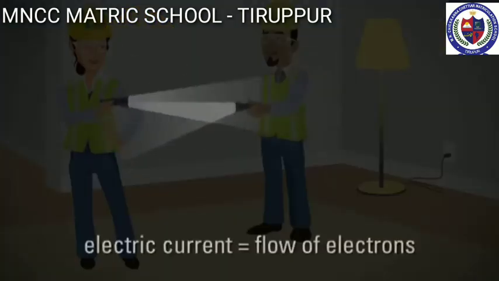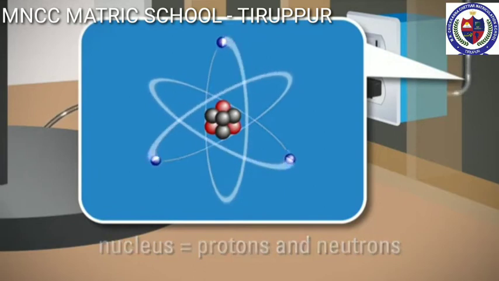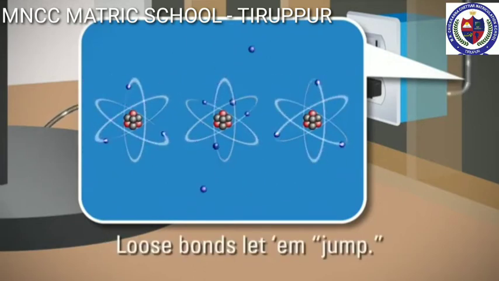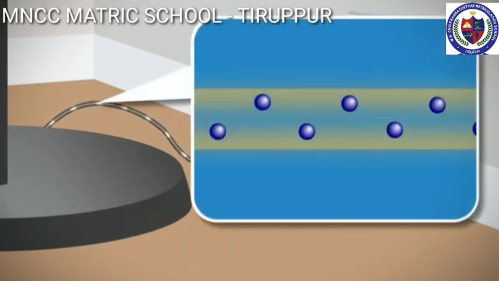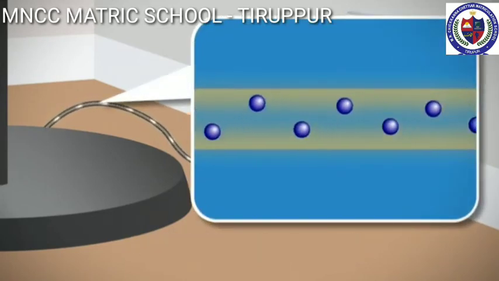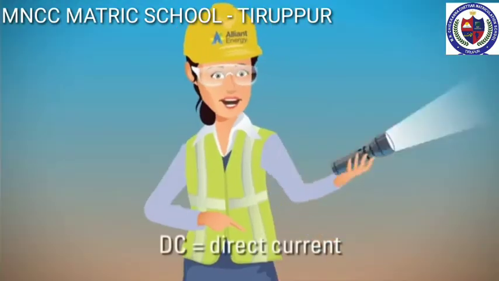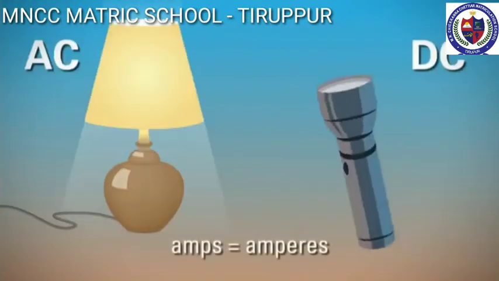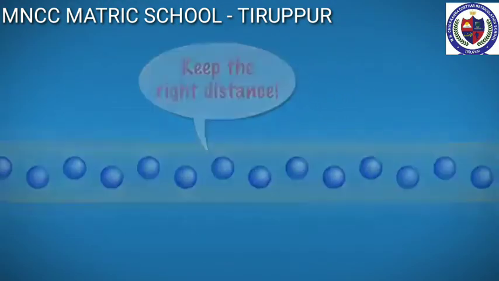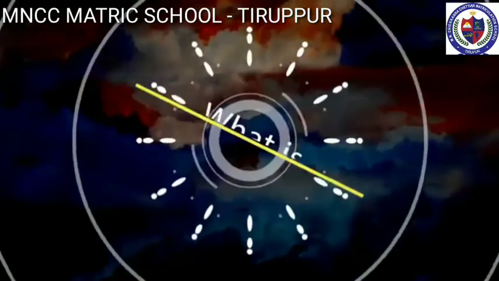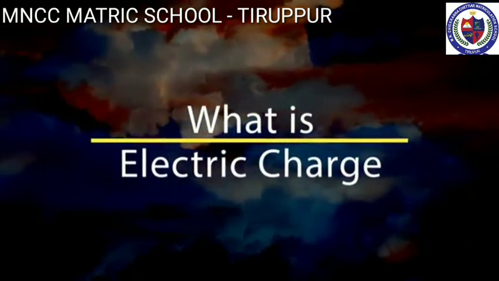Okay? So first one, like mass and length, electric charge also is a fundamental property of all matter. And next one, an electric current consists of moving electric charges. Electricity is an important source of energy in the modern time. So, in this lesson, we will study about electric charges, electric current, electric circuit diagram, and the effects of the electric current. Okay. Now, let's talk about what is electric charge.